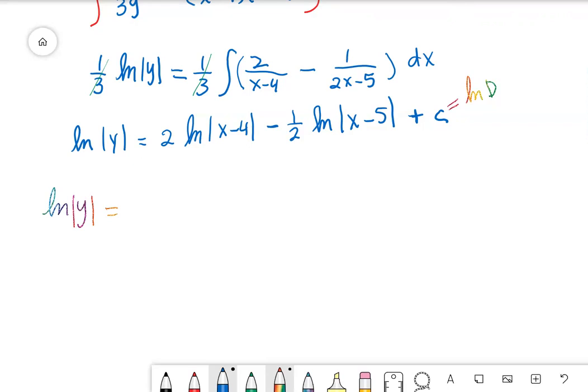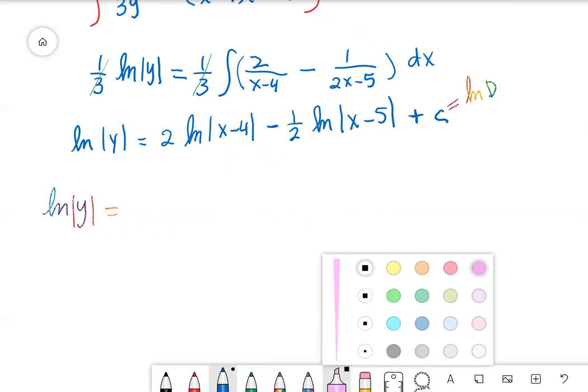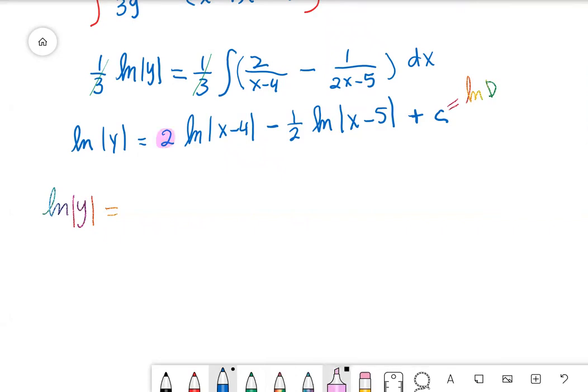The highlighter is not clear, I don't like it. So I can put this 2 as a power for the ln, and I can put this half as a power for the ln. So this will be equal to then